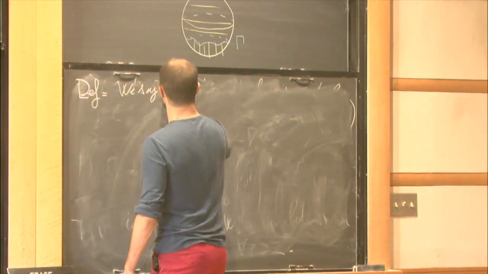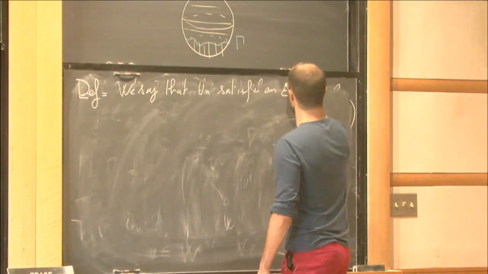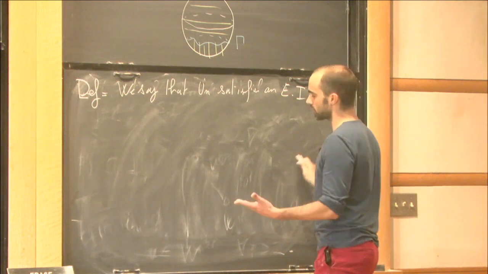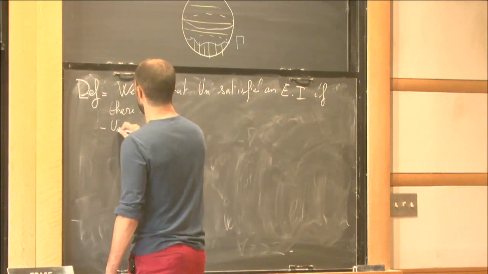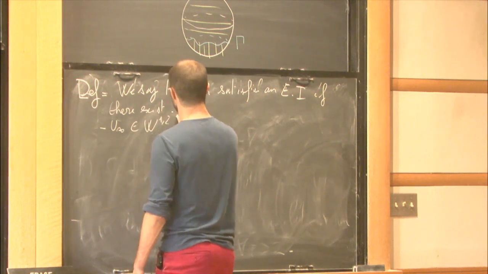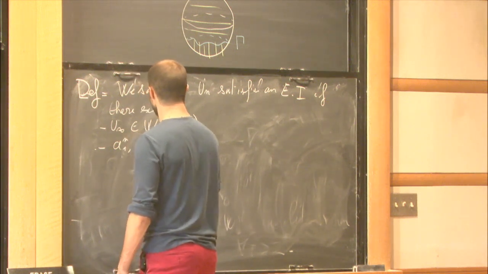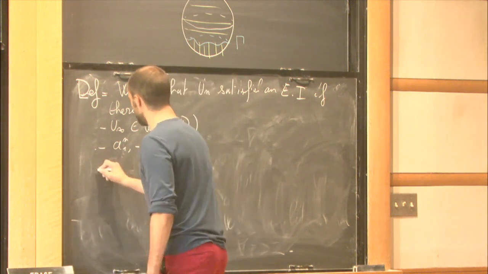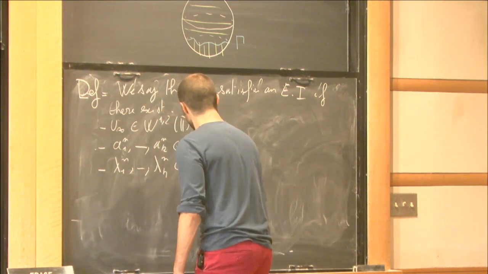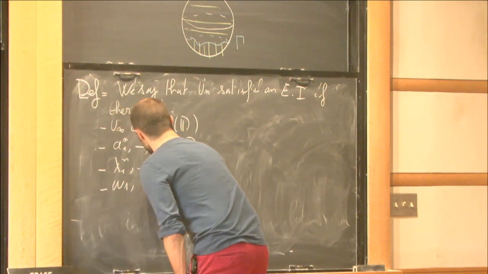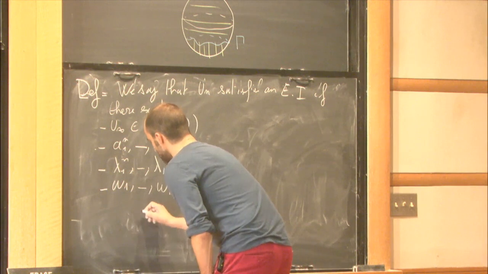We say that a sequence u_n satisfies an energy identity if, so of course there is not only one bubble, there can be several, there exist u_infinity, a limit solution, some points of concentration, so a finite number, some speeds of concentration, some bubbles, such that